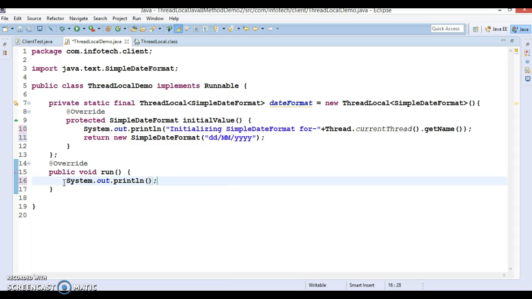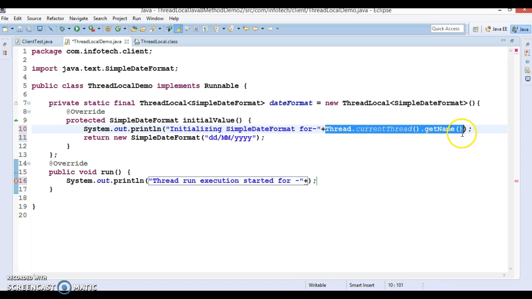Let's write a SOP here: thread run execution started for, and here you can print the thread name like earlier.